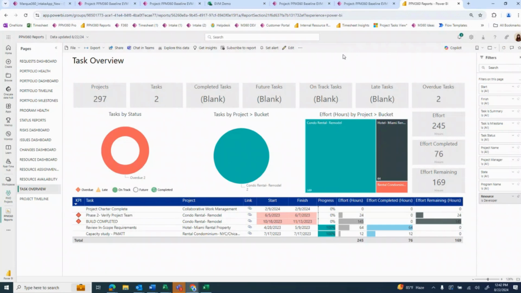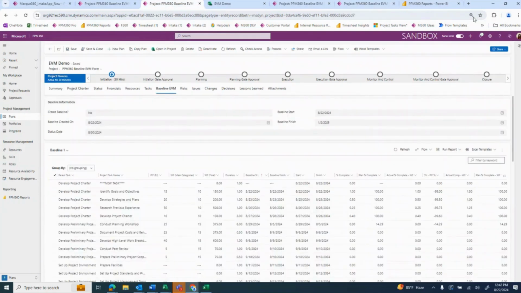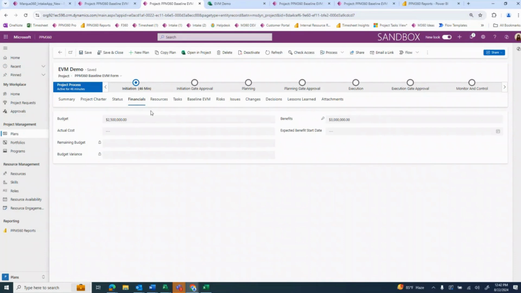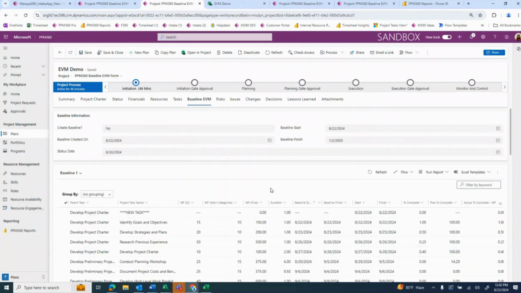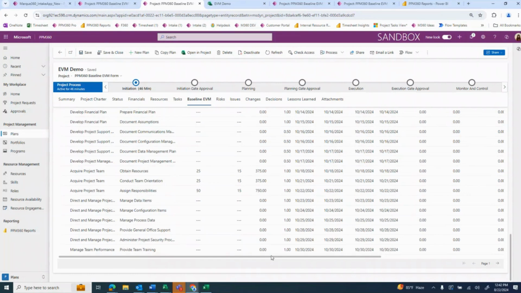So since we have a little bit more time, one of the other advantages of PPM 360 is the ability to track risks, issues, and changes. As you can see here, we have some other tabs that I didn't touch on, such as financials. For a current customer that we're deploying this for, what's great is their baseline fields here. They actually have two columns all the way to the right